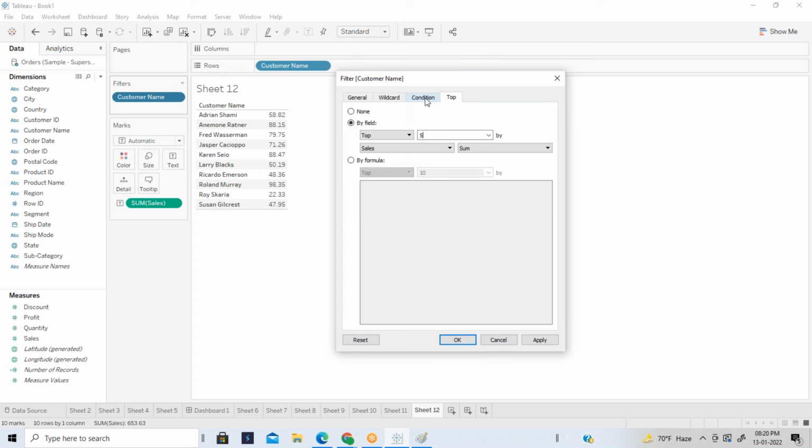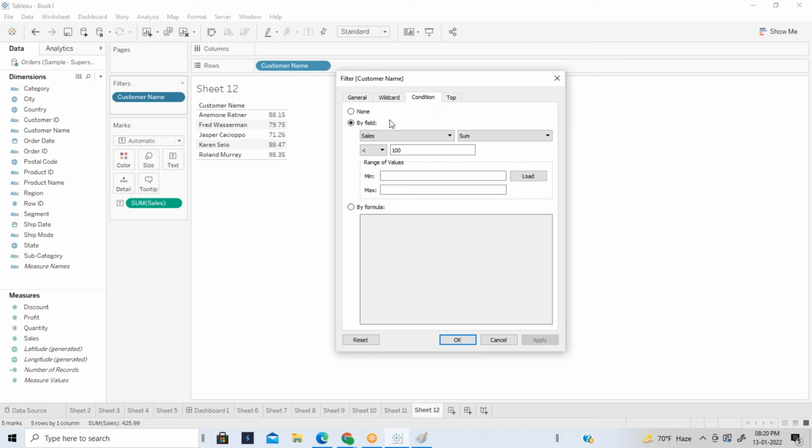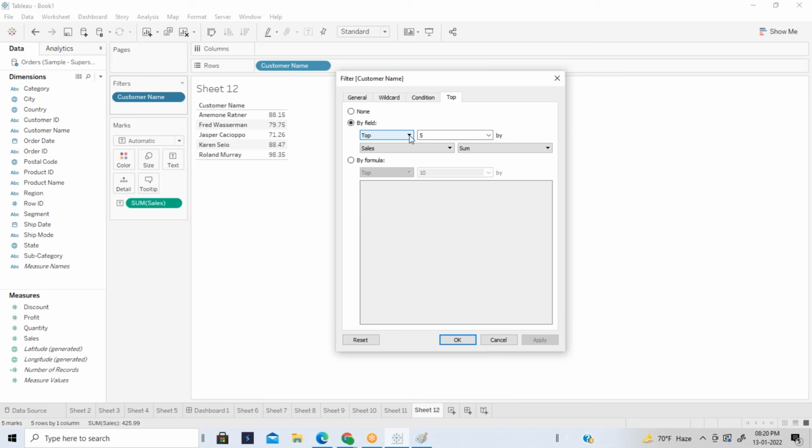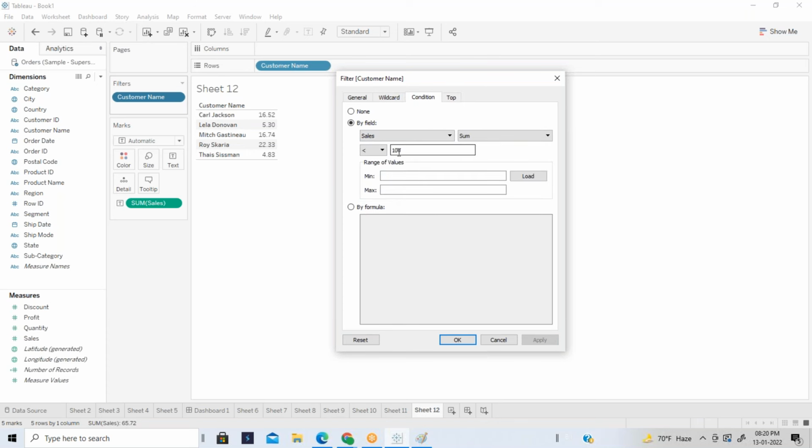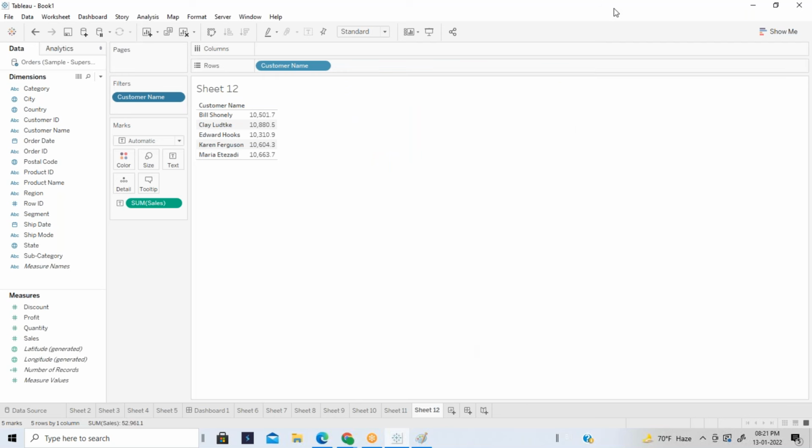Yeah. So first it is applying the filter, then the top 10 records are coming. Apply, you'll see this. Yeah, it's working. So first it will take the condition and the filter. Then after that, the top 10 records are coming. Bottom, if you do it, you can see the bottom. Maybe greater than 10,000. Apply. Okay, this is working. So this is how we can create the filters.